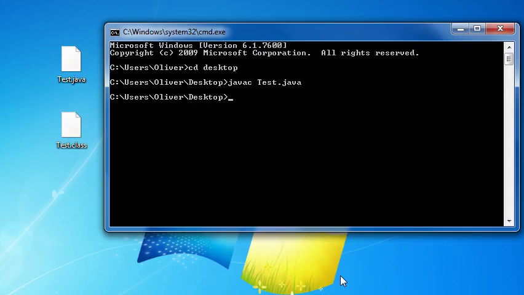So I'll close Notepad. And now that we've got our class file, we can write java and then just write Test, and it's going to run that class file for us. And we can see it prints out Hello World. So if you see anything other than Hello World, unless you changed the string of text inside, which we did,